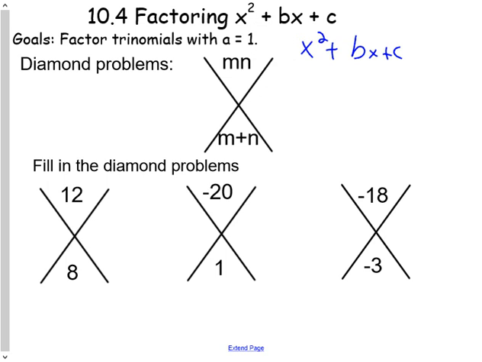number in front. So diamond problems are problems where we have two numbers. We've got a number on the top, which is the product of some number m and n, and the bottom number is the two numbers added together. What we want to do is split them apart to find out what m is and what n is. In general, that's how our diamond works. We're finding what m and n are, given these two numbers multiplied equal the number up top, and added equal the